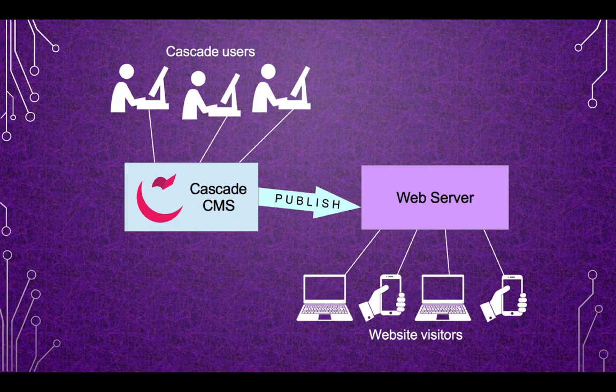It is not until you use Cascade's publish function that the updated files and pages get published to the live web server, which is what all our website visitors connect to. So it's important to understand that if you make changes in Cascade and then you go to the live website and look for those changes, you will not see them until this publish function has occurred. And so that's by design. That way you can be working on assets and not publish those changes until you're ready.